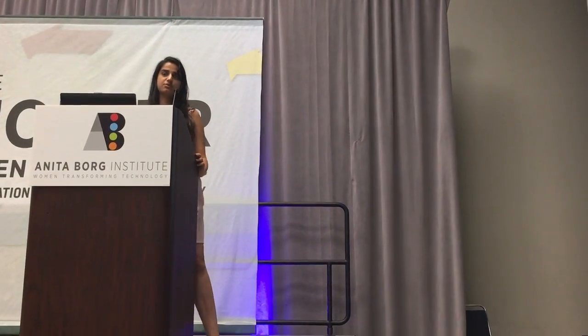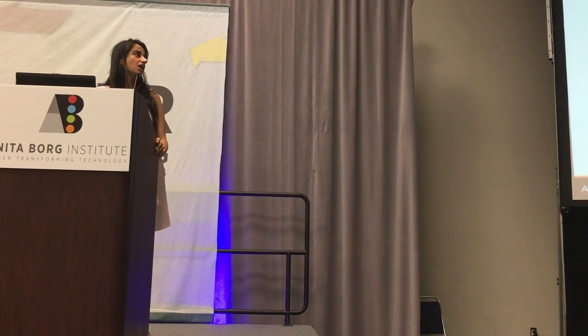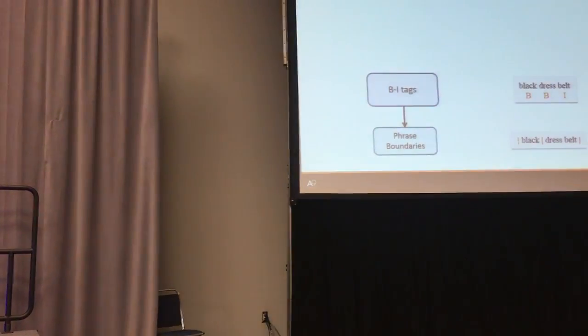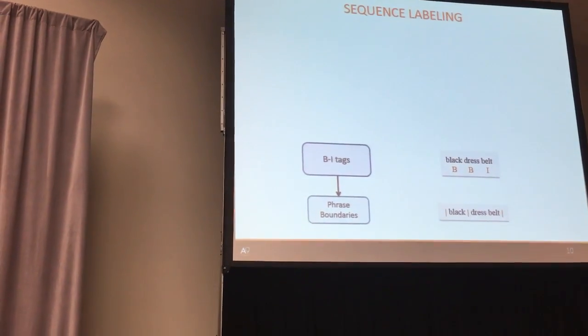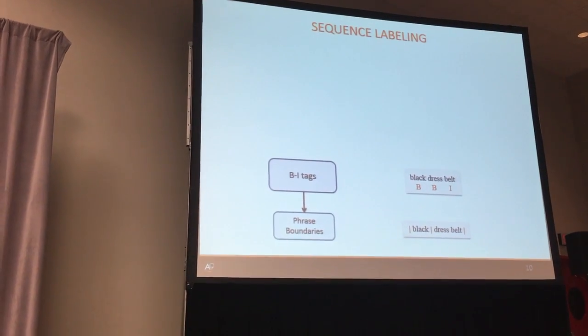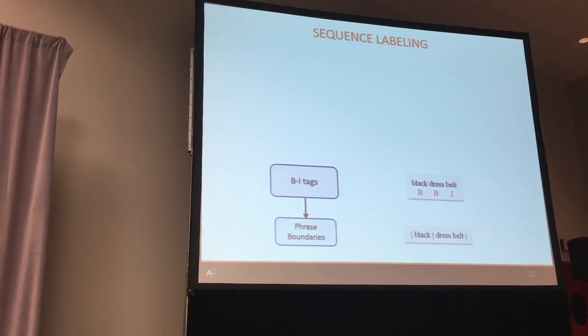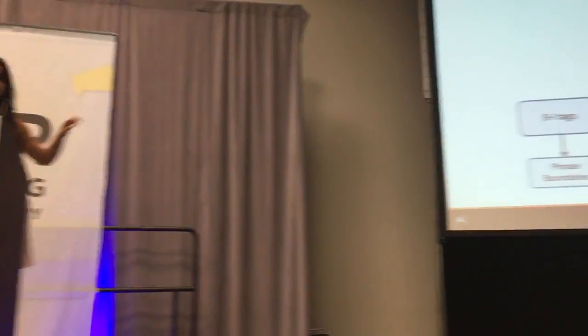Let's take it from the goal and then build it from there. Our goal is to annotate parts of the query with phrase boundaries. So we want phrase boundaries in the query. The way we represent it is using begin and inside tokens. Begin and inside tokens are basically labels for each word of the query. Begin means you put a phrase boundary before the word, and inside means you put the phrase boundary inside the previous phrase. So in this, the begin is at black and dress, and inside it is at belt, right? So the belt is contained in the previous phrase.